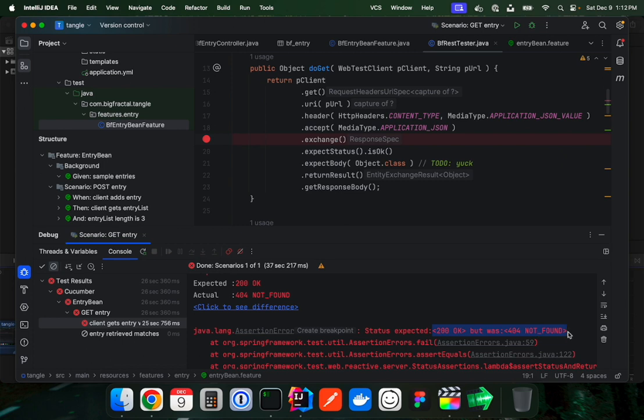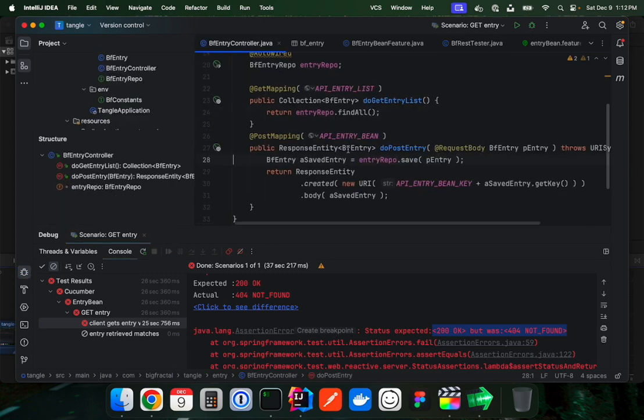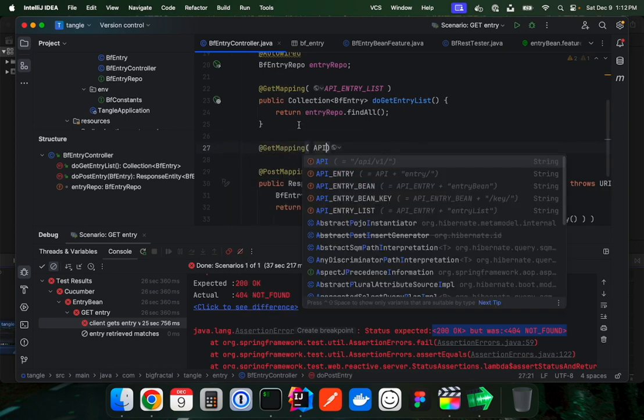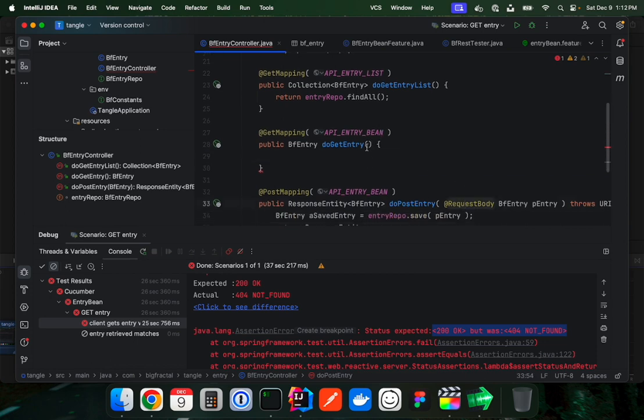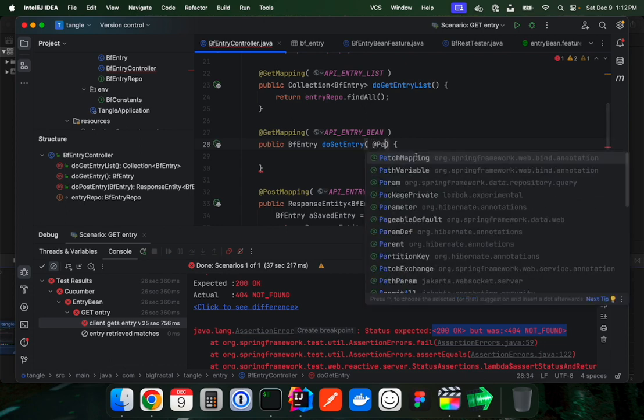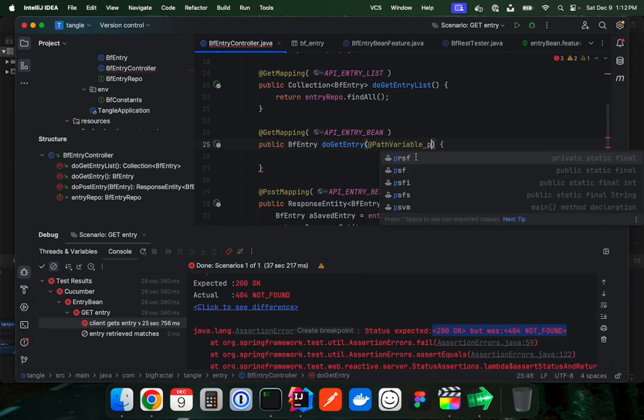So on and on this goes, where you try something, it fails, red, then you code it and try to get it to green. So let's go into the controller class, and we're going to add a new get mapping, which is going to get a single entity. We're passing in the key. Now this is different than the request body. This is a path variable, which is another annotation, and I'm just going to call it